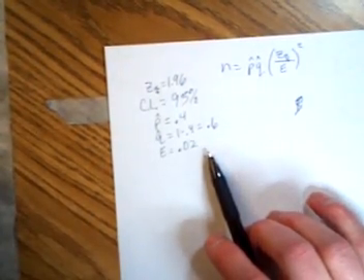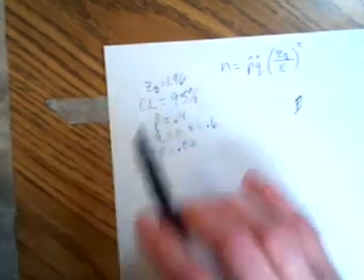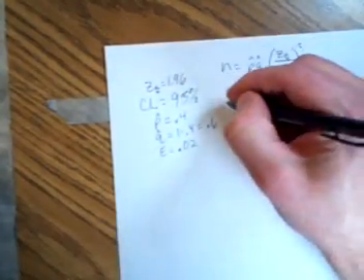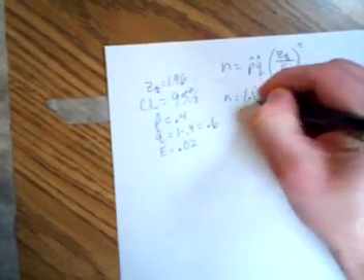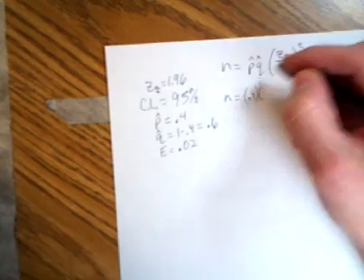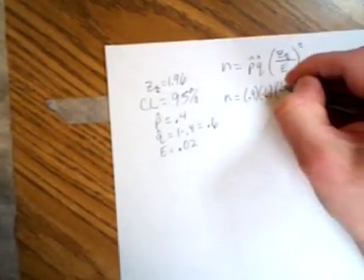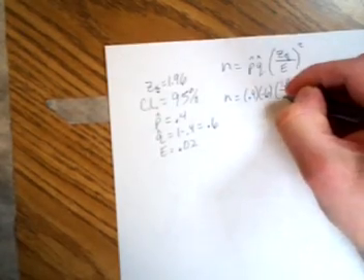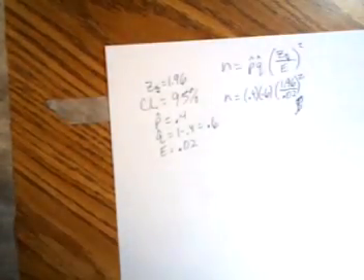Okay, so we need to know e, we've got it. We need to know z, we've got it. I think it's time to plug it into the formula. So n equals p-hat, which is 0.4, times q-hat, which is 0.6, times the fraction of 1.96 divided by 0.02, and that's being squared. Using your calculator,